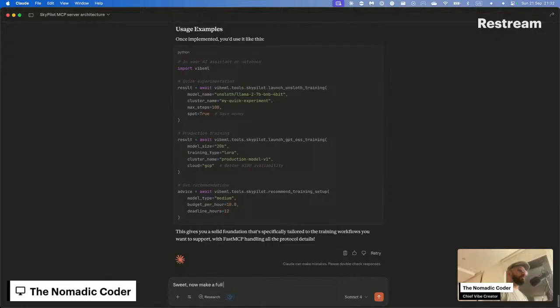Make a full project implementation plan. Also, don't go into details around implementation duration; assume that every task gets instantaneously implemented.